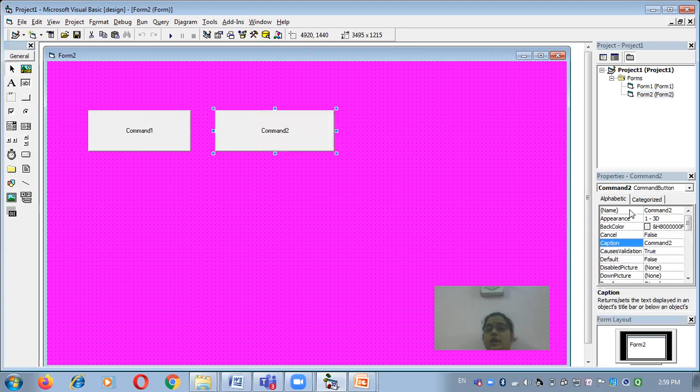The name property of this command button is command2, meaning the two command buttons are different here. But I want to create a control array using the second method, in which all the controls have the same name. So instead of command2, I'll just type command1.